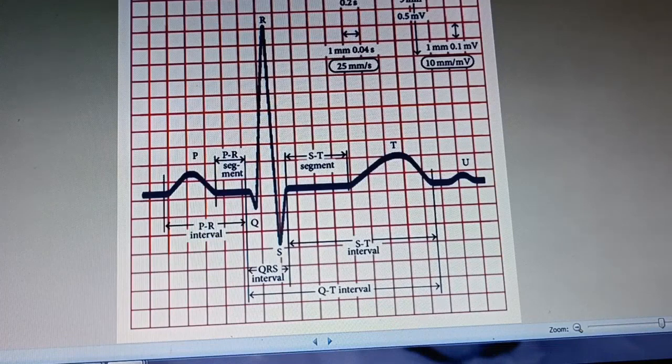Now, firstly, we shall take a review of the normal ECG graph. This normal pattern represents the graph occurring during one cardiac cycle, and it includes the P wave, Q wave, R, S, T wave, along with the measurement of PR interval, PR segment, QRS interval, ST interval, ST segment, and likewise. Now, it should be kept in view for the purpose of comparing the difference which is occurring in the given graph of that patient. And now if we